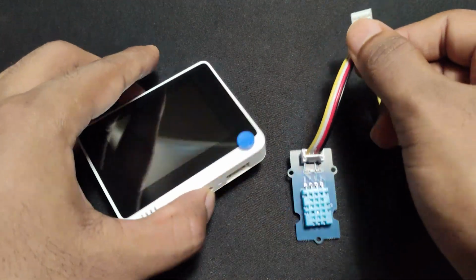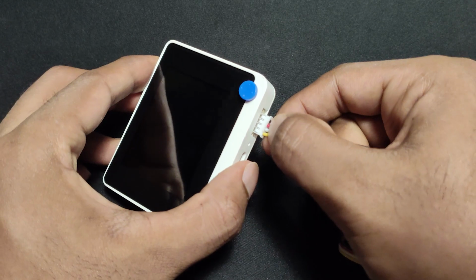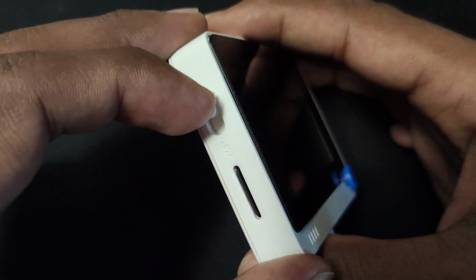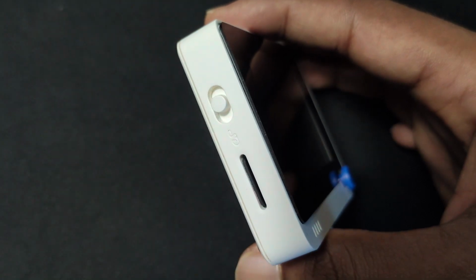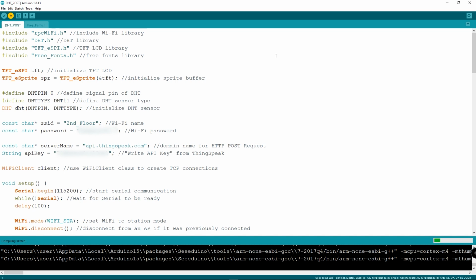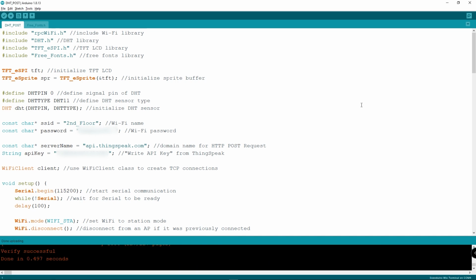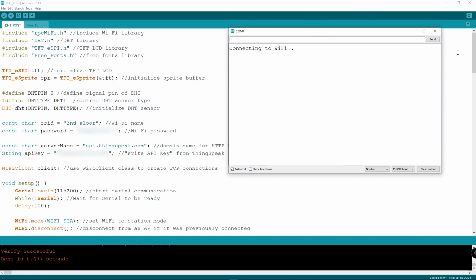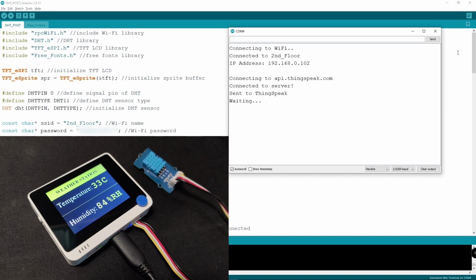Now connect the Grove DHT11 sensor to the Grove digital port of the Wio Terminal. Connect the Wio Terminal to a PC using a USB cable and turn it on. Finally, upload the code to the Wio Terminal. Now open the serial monitor, and you can see that the data is being sent to the ThingSpeak server.